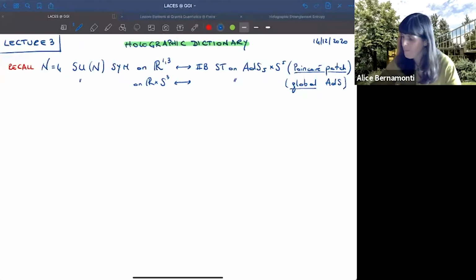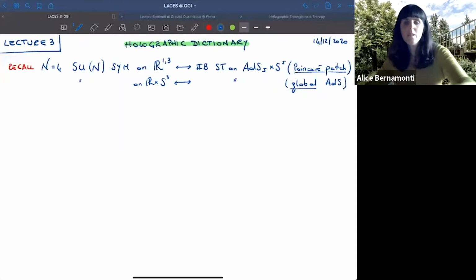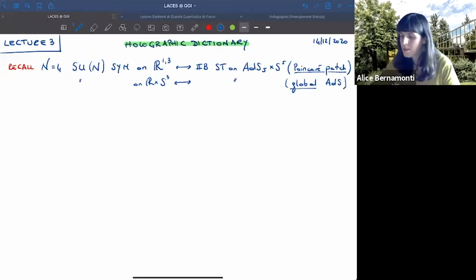As always, the main reference example or realization of the AdS/CFT correspondence that we will have in mind is the duality between N=4 super Yang-Mills on 4-dimensional Minkowski space and type IIB string theory on AdS5 times S5, where the AdS factor is in the Poincaré patch. And clearly, if we believe that this duality extends